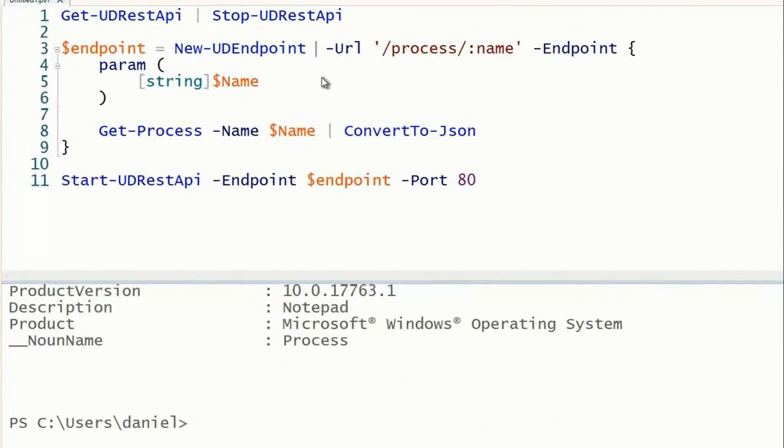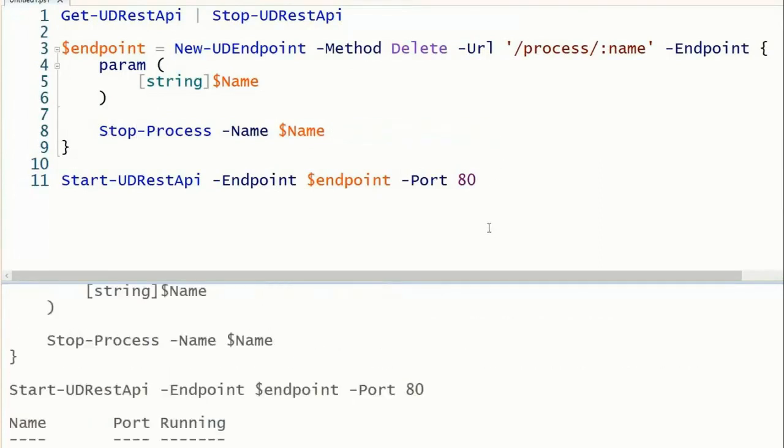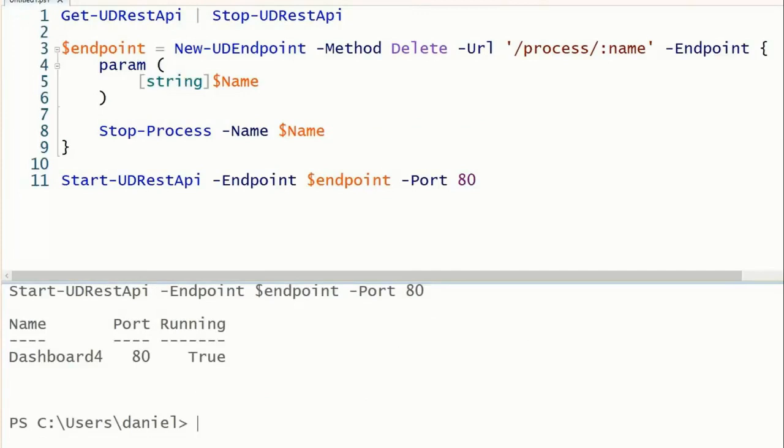Of course, it's not only able to get things, it's also able to destroy things. Even better. So, in this case, I'll have the API stop a process. And that we can do with delete. So, if we invoke the API again,